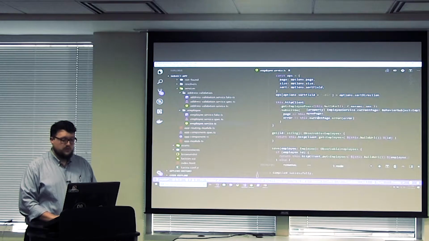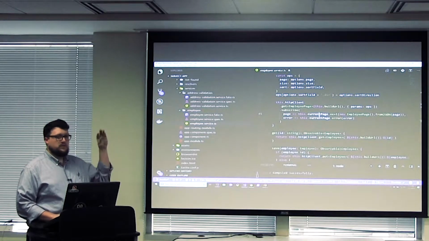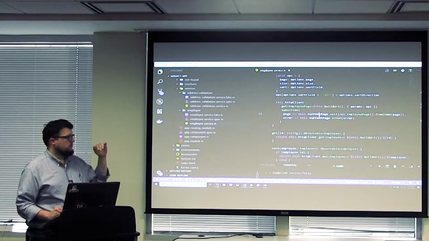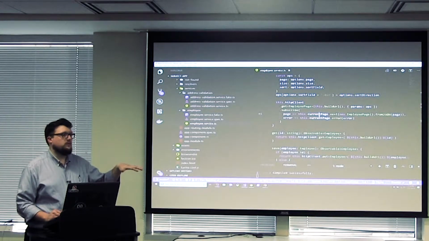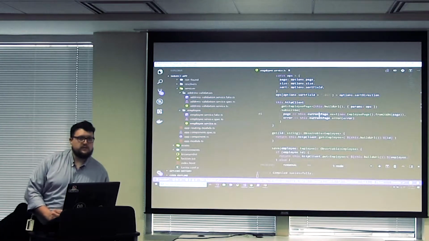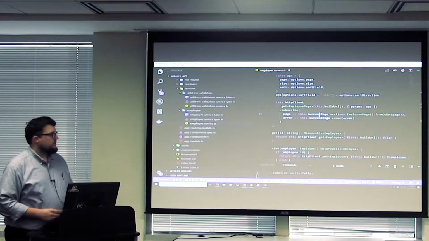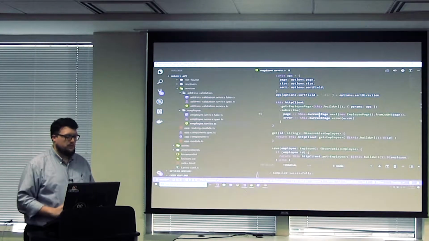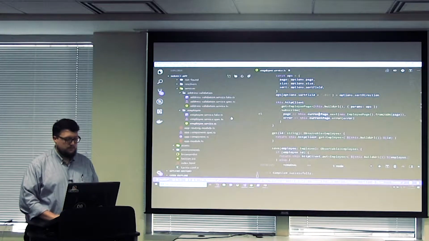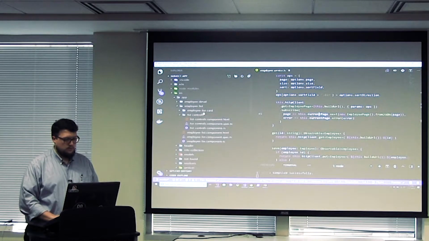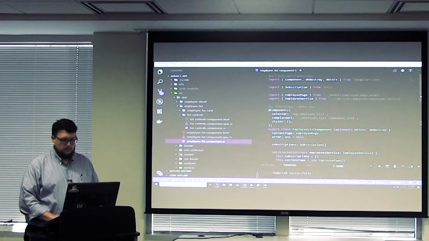And when we get the results, we again convert it from JSON into our object, and we dump it into the current page. So that controls component catches any change to the 4 controls and goes and kicks the service and says, hey, give me this page. And the service goes and gets it, stuffs it into the register, and the list display. So if we head back to the list component,